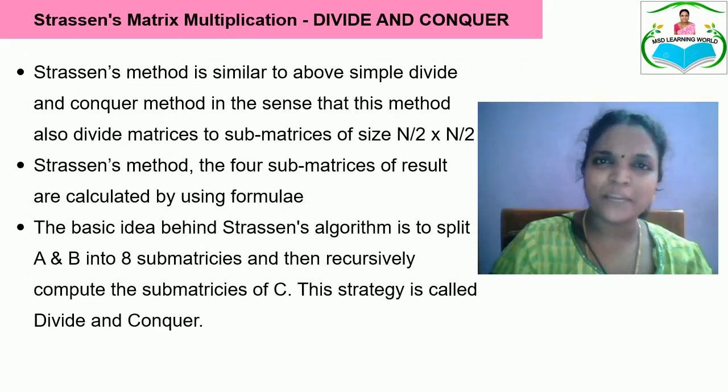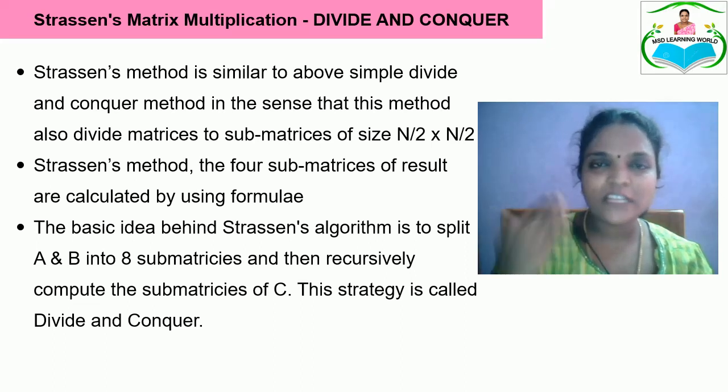Strassen's matrix multiplication algorithm is one divide and conquer algorithm which performs matrix multiplication with a smaller number of multiplication operations. The idea is that regardless of the number of elements present in matrix A and matrix B, it recursively divides the elements until it gets 2 by 2 matrices.